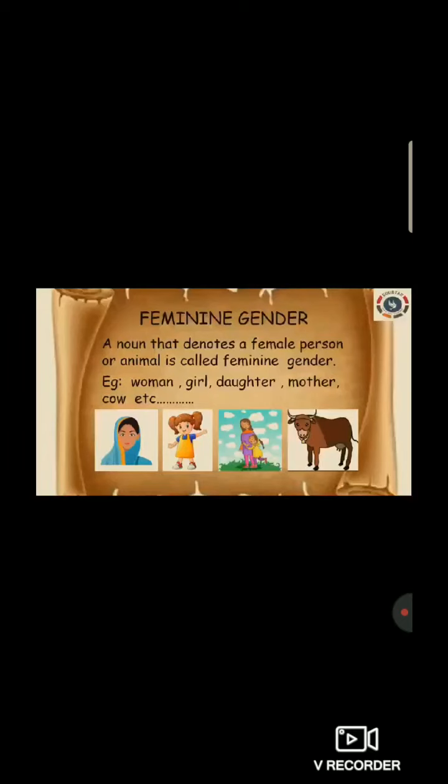Okay. Now I am going to ask you the question. So students, the pic which is flashed on your mobile phone, I am going to ask you a question. You have to give the answer to me, right? So the very first pic, it's an ant, then queen, heroine and cow. So students, which gender is it? Can anyone say the answer? Yes, you are right, students. Very good. It's a feminine gender.